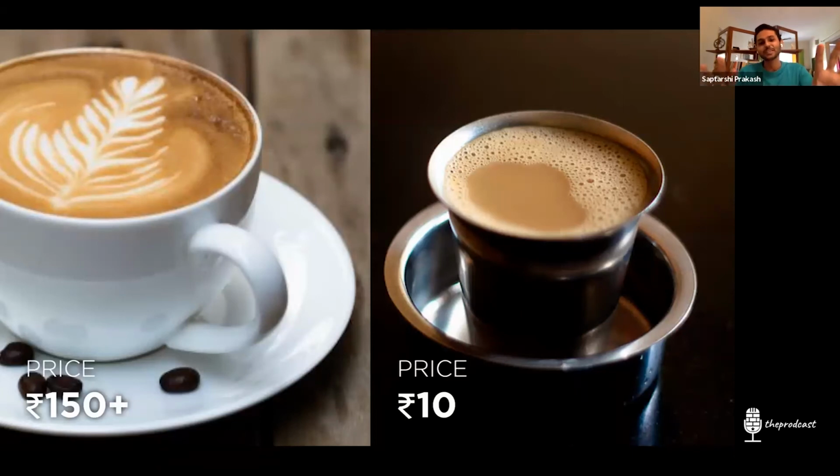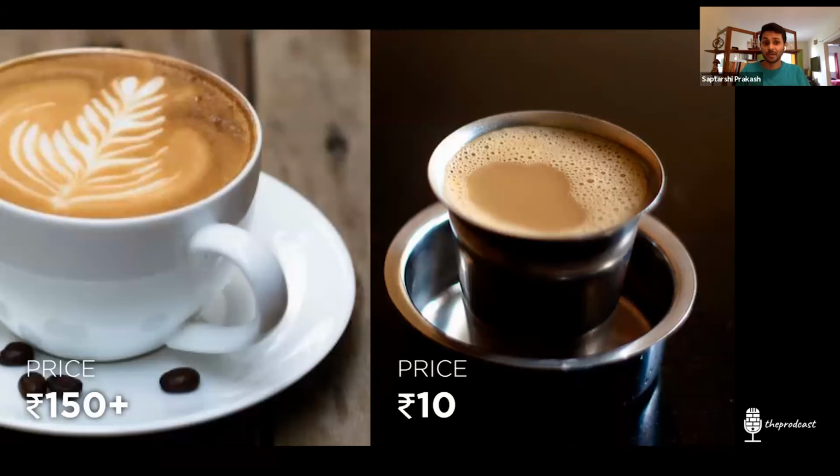So yet again, you see how design changes the proposition of a lot of things. And in the left one, that is the cappuccino, the fancy coffee, just because a lot of fancy things are done, you could sell it for a price which is 15 times more than the other one. Yeah. But what is, however, important is to know what our users want. We cannot serve this coffee to the users of that, and that coffee to the users of this. Of course, there's no hard and fast differentiation as to this person is this and this person is that.